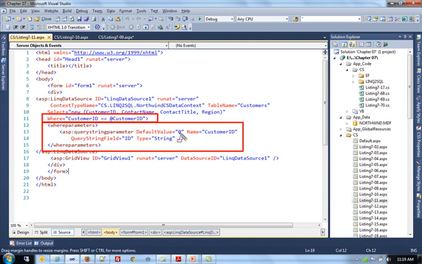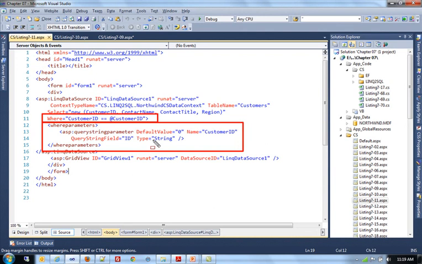So the default value is 0, the name of it is customer ID, the query string field is ID, and it's a string type. You could also add multiple where parameters to that control that would automatically concatenate in its where property using the